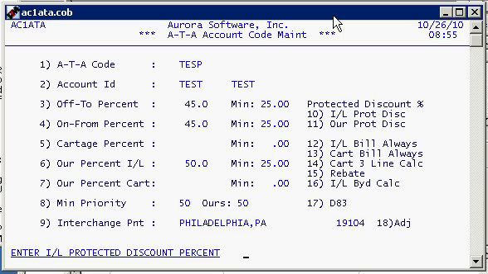The item number 10 says IL protective discount. This is if your interline is only honoring a certain discount percentage. This is where you would do it. And our discount percentage, if you're only honoring up to a certain discount percentage and no more, you'd enter it